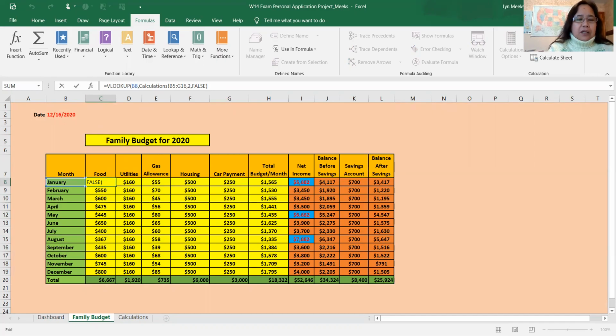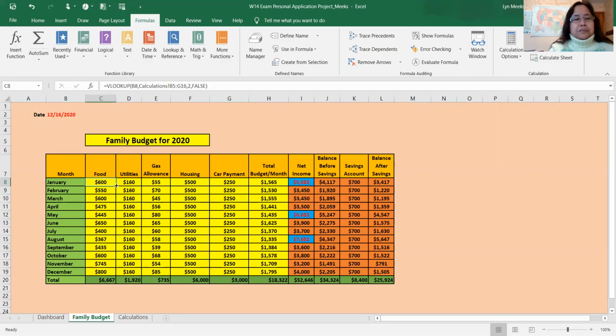Then I went to the calculation, and then I choose the whole cells, and then I enter the column 1, 2, and then I comma, and then I enter false, and then close parenthesis, and then I hit enter, and it will show the 600.